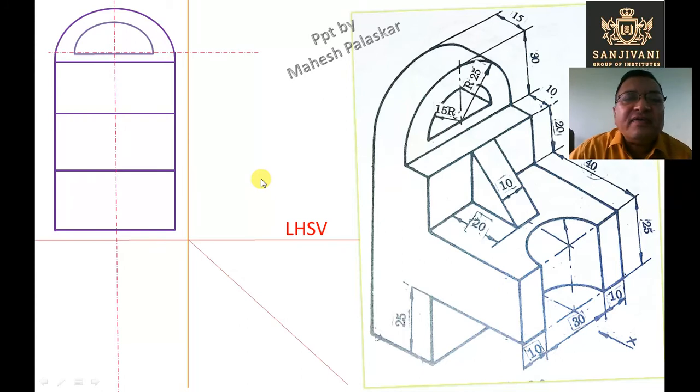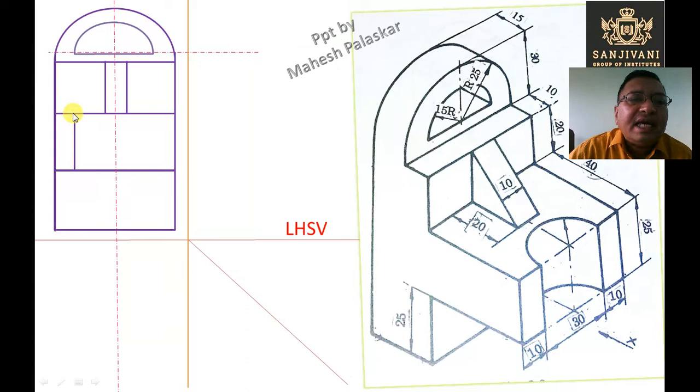Now let us go ahead to draw the front view. This line represents the rib. There is one more line. These two lines represent the rib in the front view. So here from the center line 5 mm distance is taken, and then this line is drawn, and the length of this line is 20 mm, because this distance is 20 mm. This line is also 20 mm long, because this distance is 20 mm, and you can see here that the rib lies below this particular semicircular portion, 5 mm below, and therefore these two lines are drawn in this portion only.